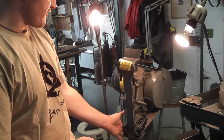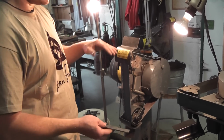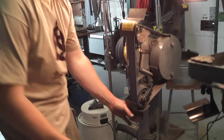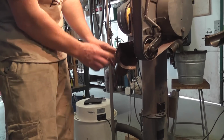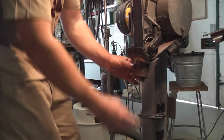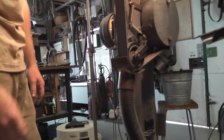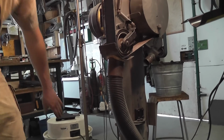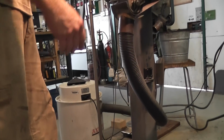The only thing that I did find about this is when I got it, there was no means of extraction. So the main thing I did was I actually cut the guard with a hole saw, brazed on a piece of tubing which would accept my 50mm standard extractor pipe. So I can actually set that up with my extractor so I can suck away some of the dust